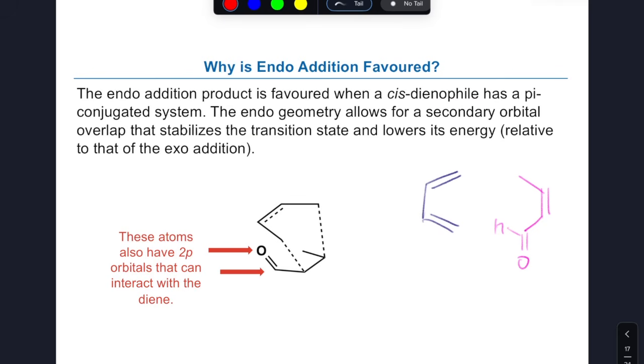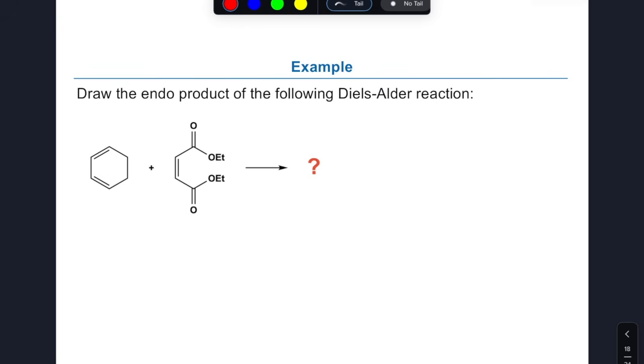So while you may run the Diels-Alder reaction and get multiple products, running a Diels-Alder reaction where your dienophile has a pi system will very strongly favor the endo product kinetically. So let's look at this example. Here we have a nice symmetric molecule. This is something where we've got only the substitution on one ring, and we've got clearly a pi system here and here. So that's an example where that pi system is going to strongly help to favor the formation of an endo